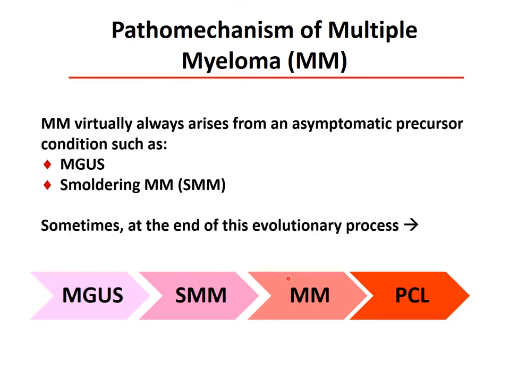In multiple myeloma, we have M protein, we have plasma cells in the bone marrow, and we have all the clinical signs that could develop with bone lesions, kidney problems, and hyperviscosity, so all the symptoms that can develop in multiple myeloma. And in more severe conditions, this process can enter into the final stage, plasmacytic leukemia, when the plasma cells invade the bloodstream